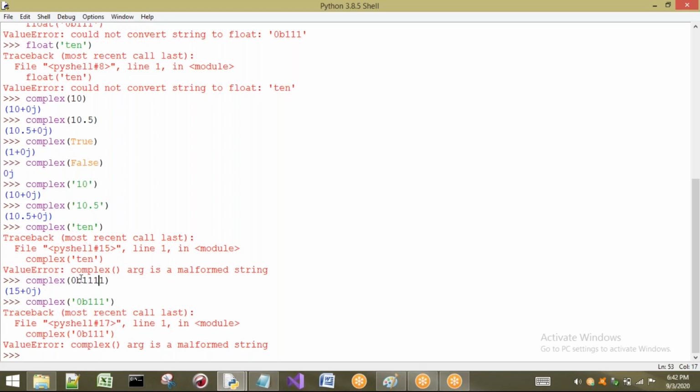So if you take decimal, octal, binary, hexadecimal integers, it will work. But we have to observe, in a string I am talking. If you want to take a string that has to be converted into complex, then that string should be in fixed point number, that is in decimal form, and also we can have a floating point number inside that string. Other than these two types, if you write any other string, it may be 10 or in other forms, in binary form also, it is not going to accept. This is the first type of complex.